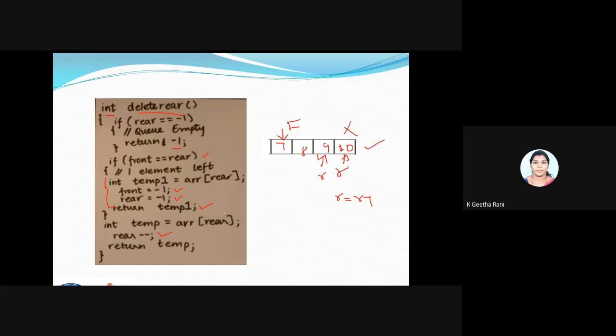Okay, we have plenty of drawbacks here for handling DQ using a normal array. We will be overcoming this using the circular array as well as using a list. Fine. So no doubt. Fine. If you're going to take the list, I'll be using a doubly linked list. I won't be using a singly linked list for implementing this. Fine. So next class you will be having an implementation either using a list or using a circular array. We'll see to that. Fine.